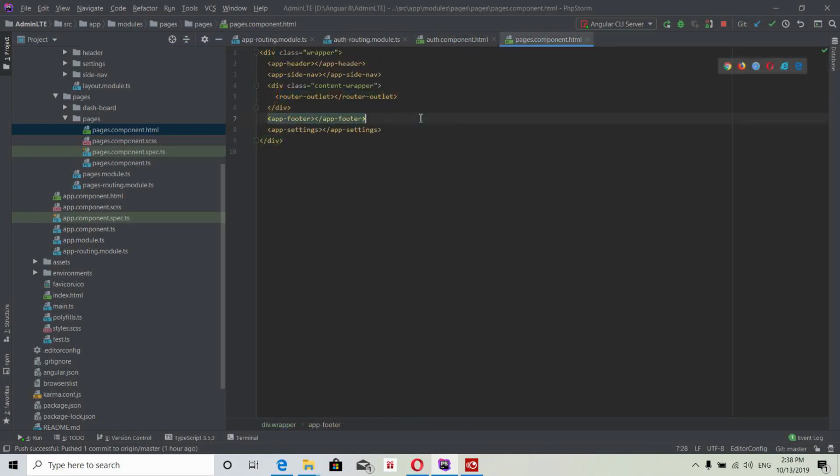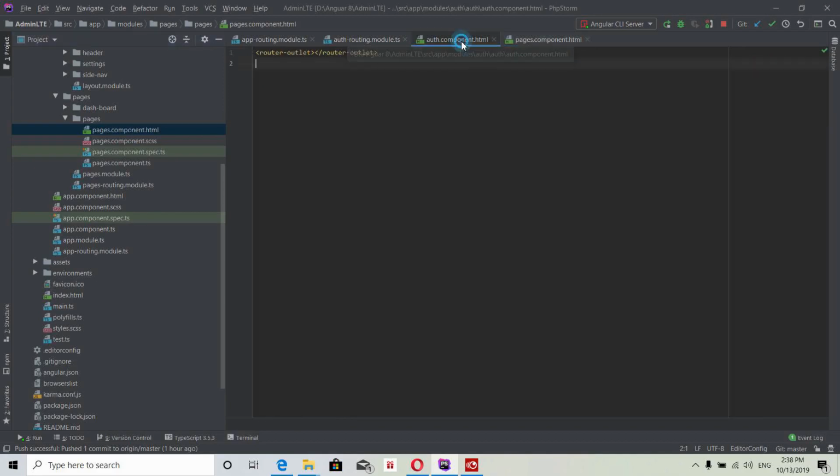With the authenticated router outlet, you need to show the header, side navigation, footer and settings component. But it's not your dashboard page; it's your login or register page. You have no need to show those components inside of your login or register pages, so I simply omitted them in the router outlet.